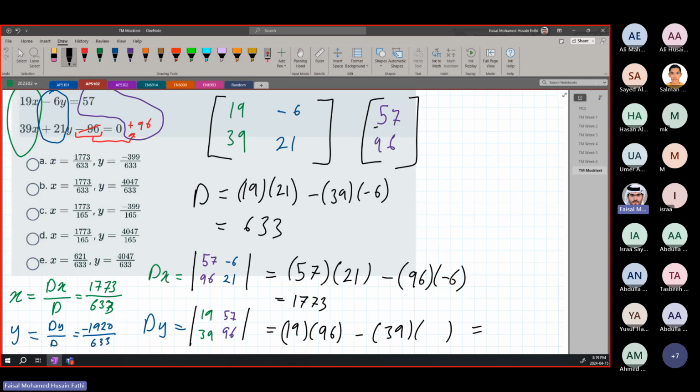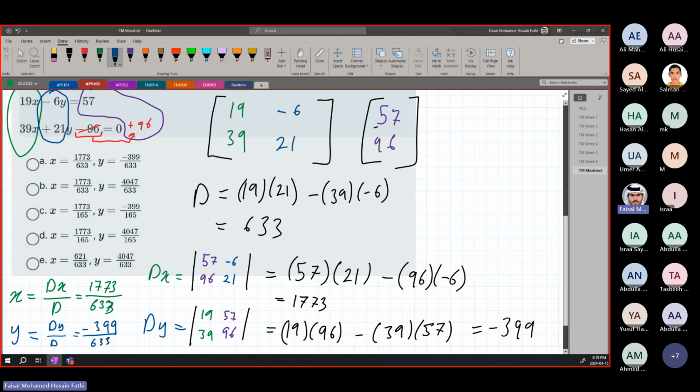I was rushing through this. So 19 times 96 for the first one, minus 39 times 57. All right, just a basic determinant. I was just rushing, my bad there. If I just recalculate this determinant, it is negative 399. Okay, so it is going to be negative 399 over